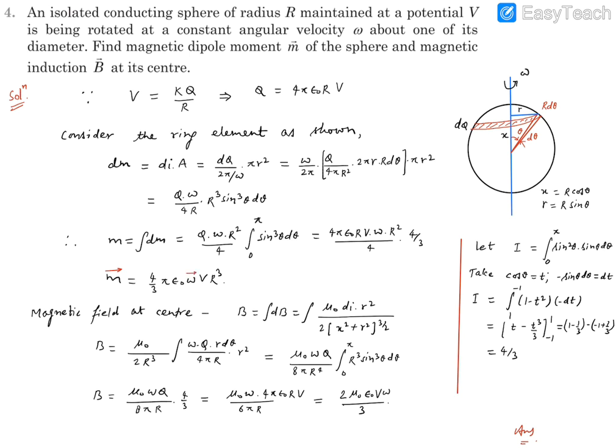You'll find the magnetic field at the center is going to be the integration of this dB, and dB can be written as the magnetic field due to a current carrying loop on its axis. The formula goes like mu naught I r square upon 2 times r square plus x square to the power 3 by 2. Now r is the radius, you know that. X is the distance as shown in the figure. X can be written as capital R cos theta, of course. Now from here, mu naught upon 2r cube is coming outside.